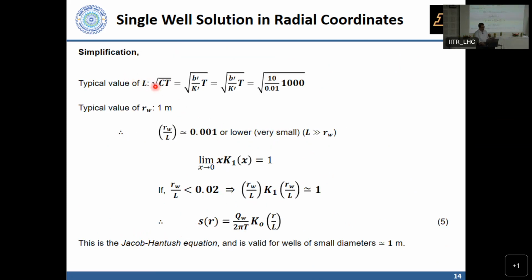We can also look at typical values that we have for the leakage factor and for the radius of the well, and see that RW over L, where RW is the radius of the well and L is the leakage factor, tends to be a small quantity. And it so happens that X times K1 of X, where K1 is also a Bessel function,